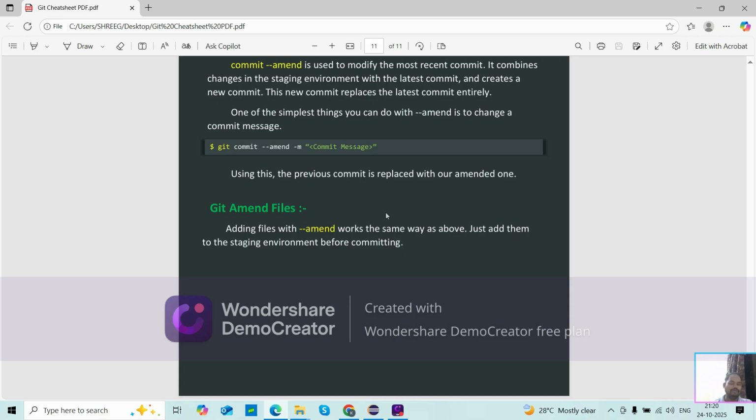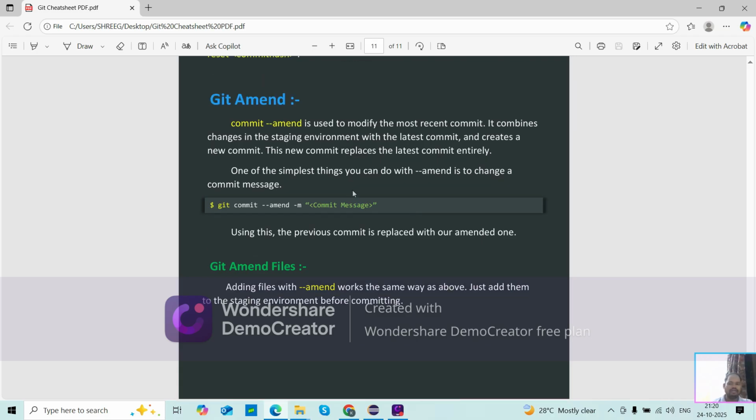Okay. So git amend files, like adding files with --amend, works the same way as above. Just add them to the staging environment before committing. Here, commit --amend is used to modify the most recent commit.